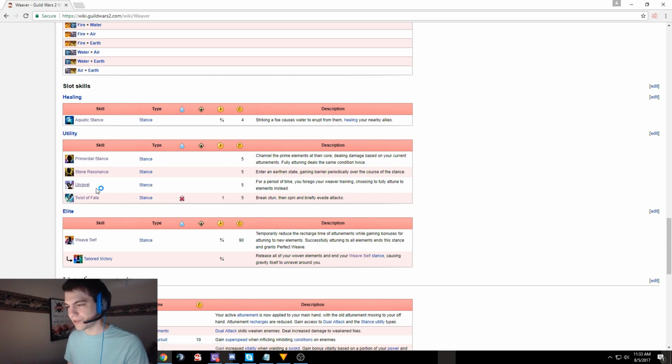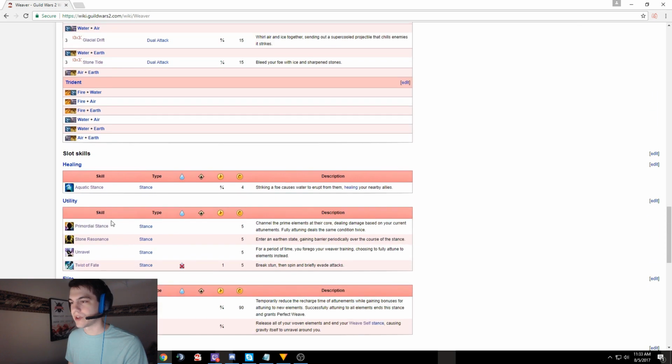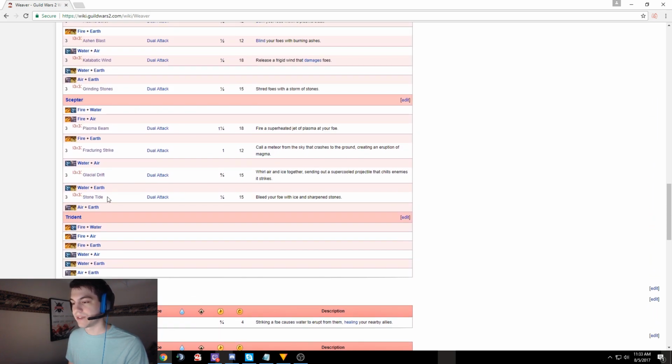Unravel is kind of interesting. Again, it's a 25-second recharge, so you can get stability on a low cooldown, but for a period of time, you forgo your Weaver training, choosing to fully attune to elements instead. So the good thing about this is, say you're using a focus offhand, and you want to use focus number 5 on Earth, typically you're going to have to attune twice to get that. So 6 seconds of waiting,